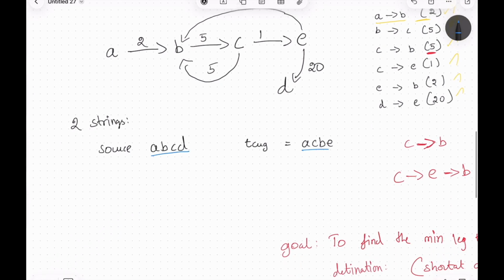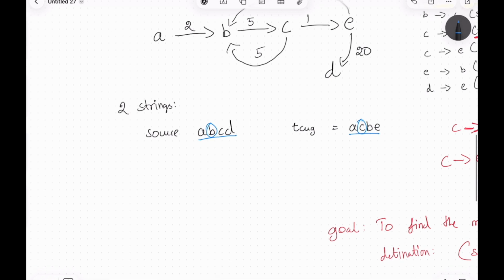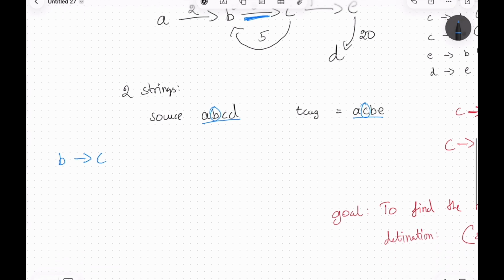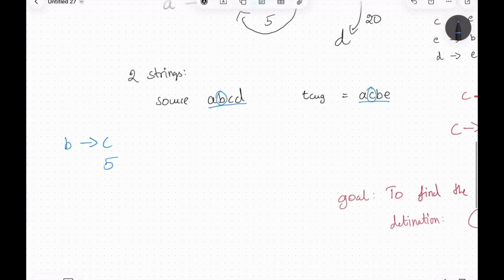So now we have the same words in source as well as target. So we will come to this B, the second index, value 1 at index 1. So now, conversion of B to C. B to C, clearly there is only one way here, which will cost us 5, right? So let us track this as total is equal to 5,